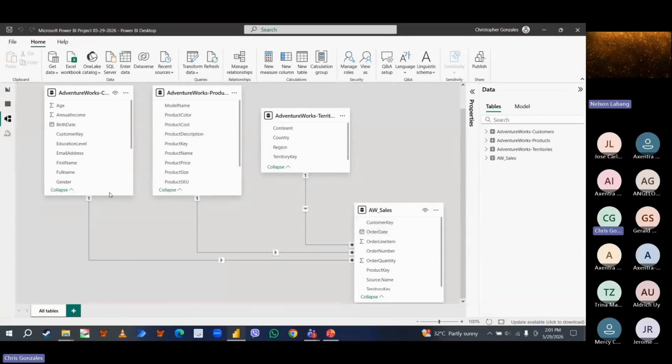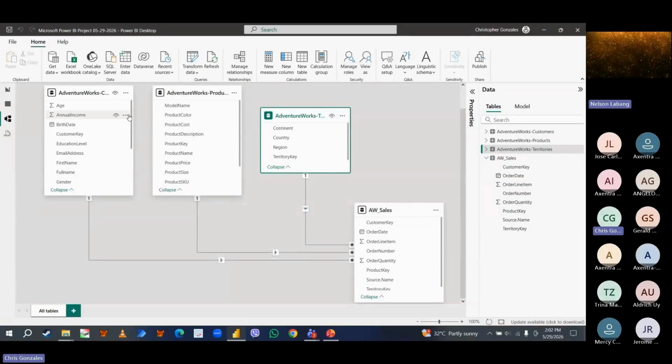And the purpose of the lookup tables is to use them as filters to the sales table. Let's say I want to see the sales, specifically order quantity per territory. I can filter them per country, how much is the order quantity per country, per region, or per continent. I can also filter them per product name, and I can also filter them by customer information.